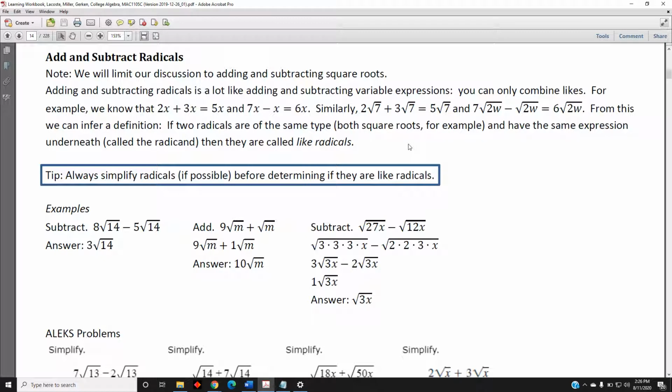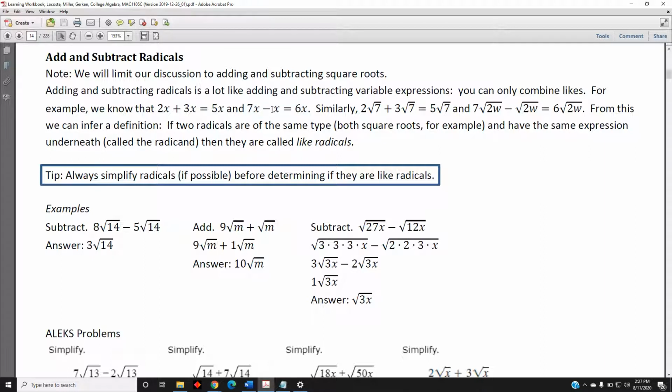So the advice I have for you is this. Think of radicals like variables. They get treated the same way. If 2x plus 3x equals 5x, then it must be true that 2 root 7 plus 3 root 7 equals 5 root 7. And we know that in this equation, 7x minus x equals 6x, there's a hidden coefficient number